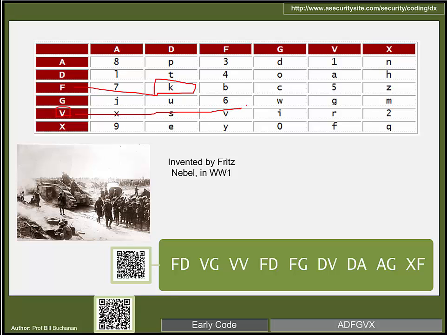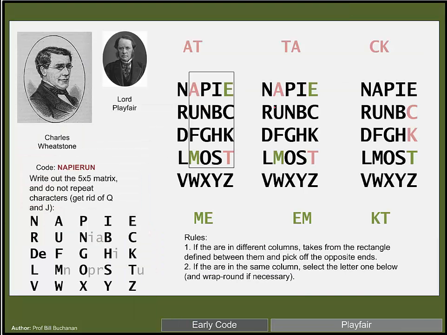And then we see more complex codes, such as Playfair, which was actually invented by George Wheatson. What we do is we create a 5x5 grid, and then we have a special code that we write out first. In this case it's Napier Run. After that we lay out each of the characters so that they don't actually repeat. So we already had an A, so we do B, C, D, we've already had an E, F, G, and